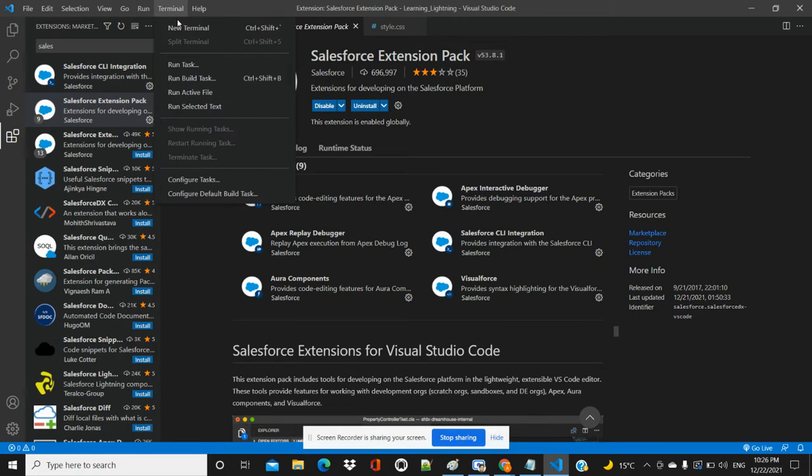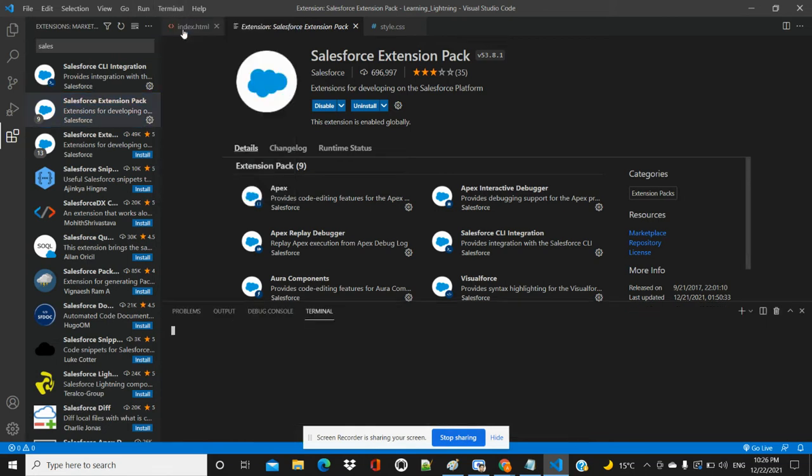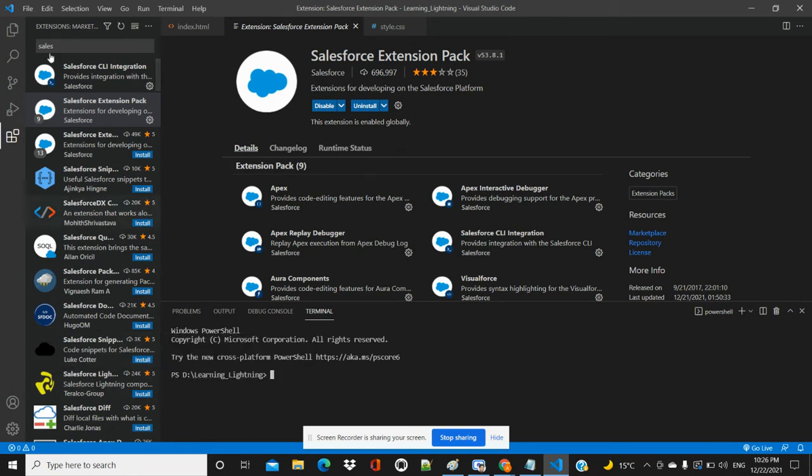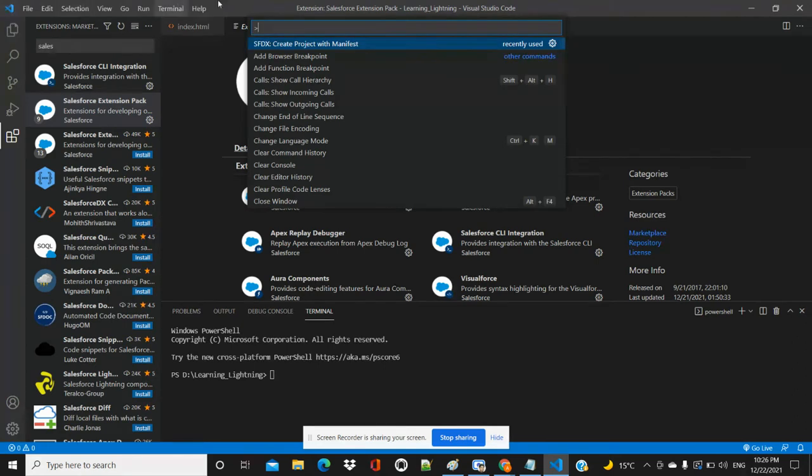Using the terminal you can directly start a new terminal, and after that you are able to create based on that. Otherwise you can take any folder and press Control Shift P. Then you have the option in the panel, SFDX: Create Project with Manifest.